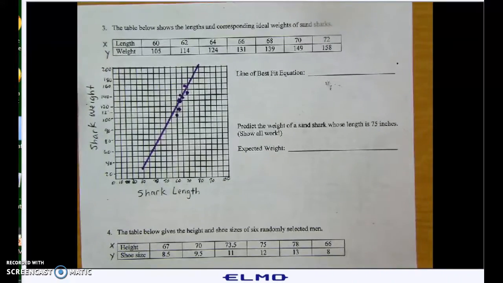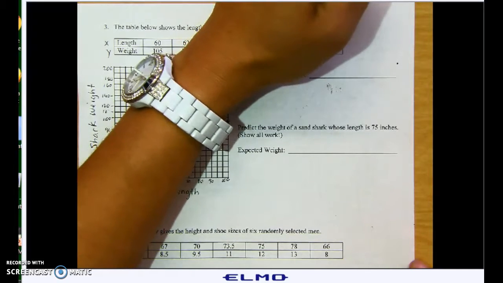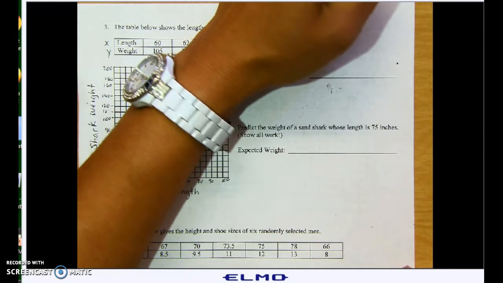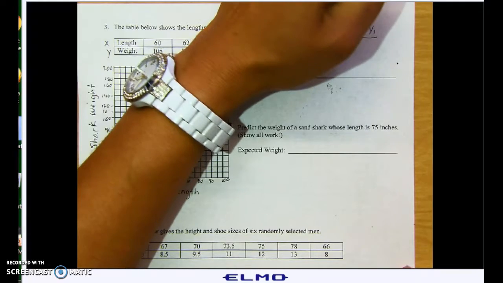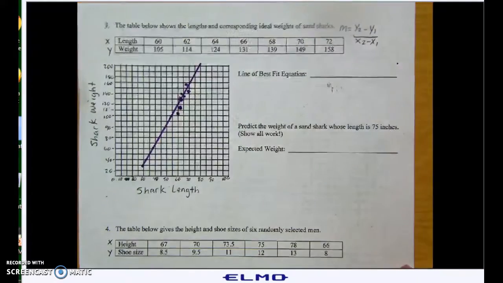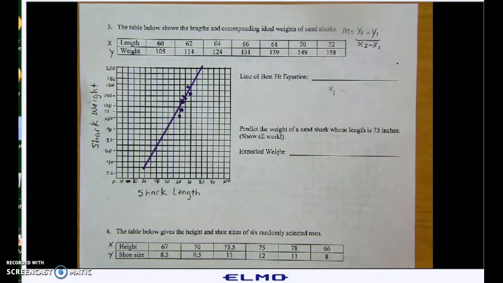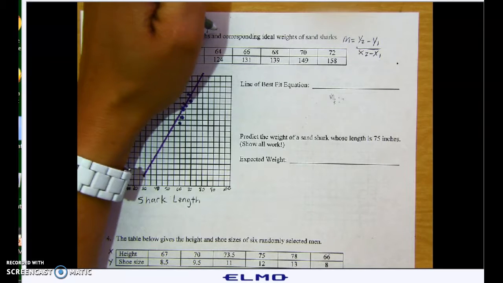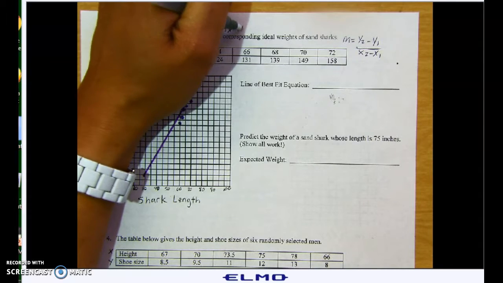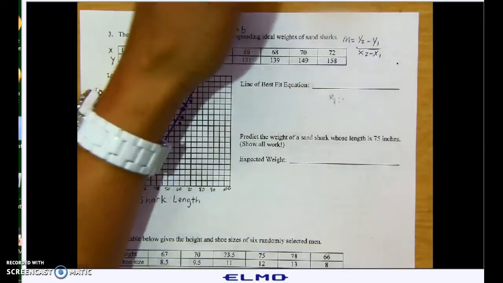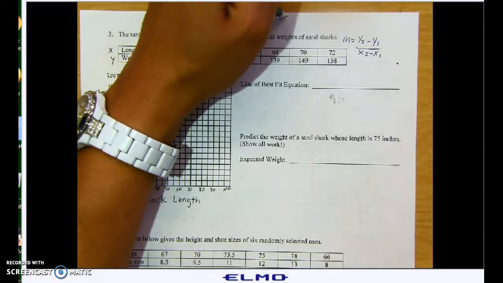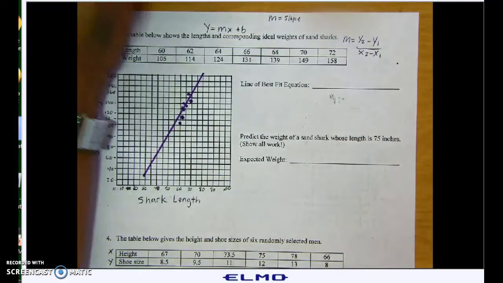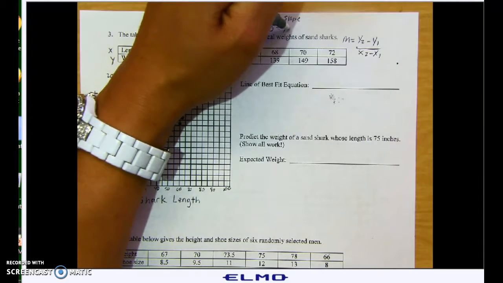Hey class, so lately we've been working with slope, finding it from the slope formula, which is m is equal to y2 minus y1 over x2 minus x1. We're going to be using that formula to find our slope. Another thing we're going to be doing is writing the equation of the line in slope-intercept form, which is y equals mx plus b. We need to find what our m, which is our slope, equals for each problem, and our b, which is our y-intercept